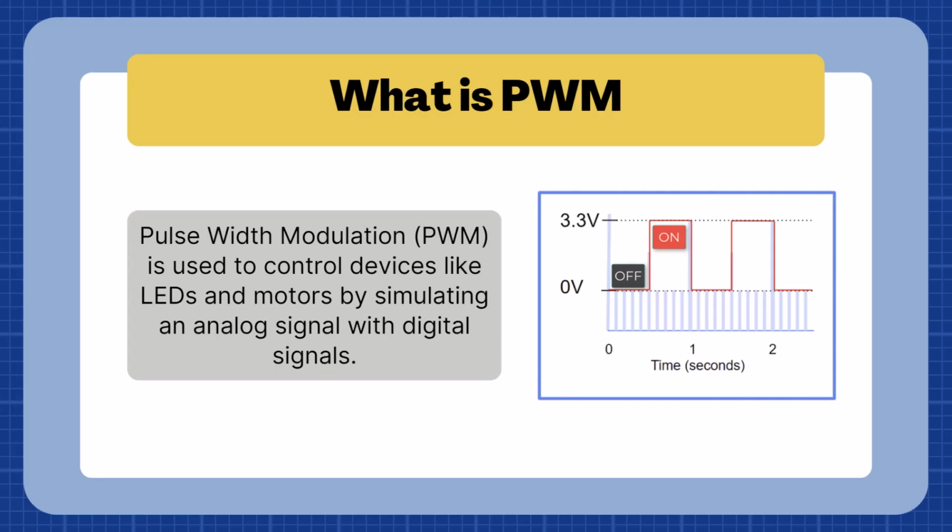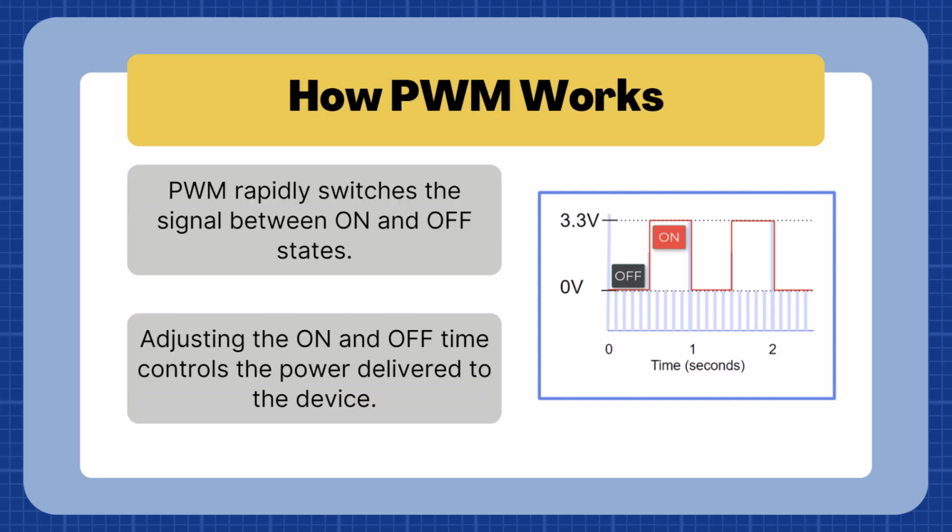In this lab, we will explore pulse width modulation, PWM, and how it helps us control devices like LEDs or motors. We'll focus on two key components of PWM, duty cycle and frequency. PWM simulates an analog signal using digital signals. It switches a signal on and off very quickly. By adjusting how long the signal stays on versus off, we can control the amount of power delivered to a